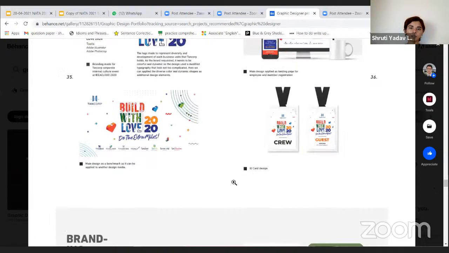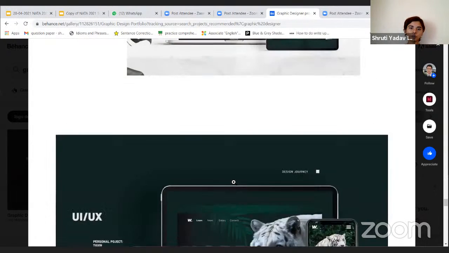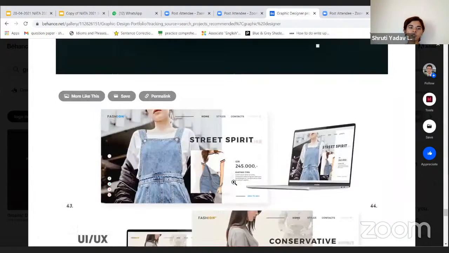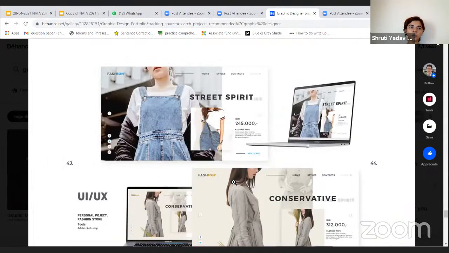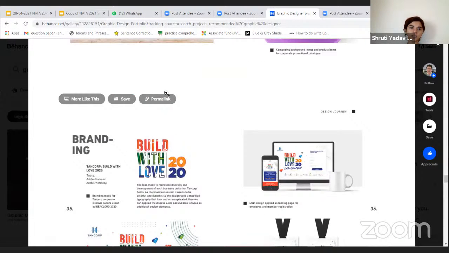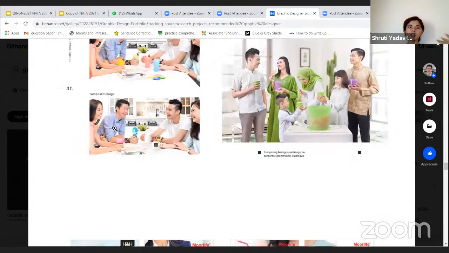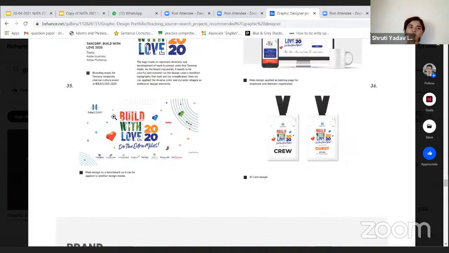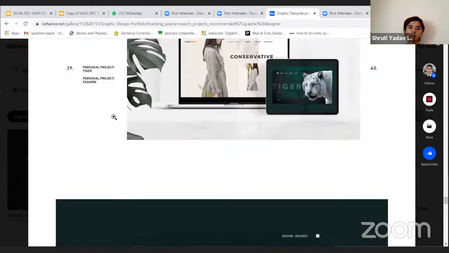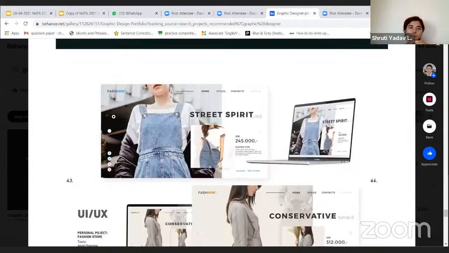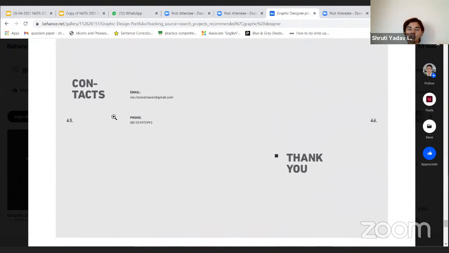This way. And then we come to the branding projects, UI UX design. So you see the categories are clear. Every time a new project is starting, you know what it is. And if a branding project is going on for a couple of pages, then every page will have branding. And the end. So this is one example of your minimalistic design of a portfolio.